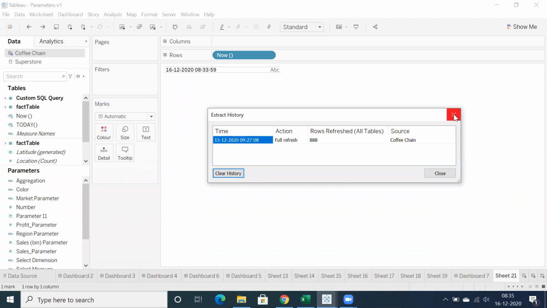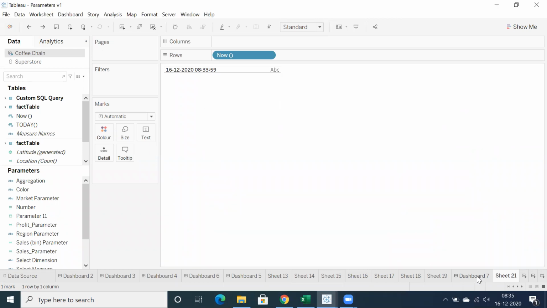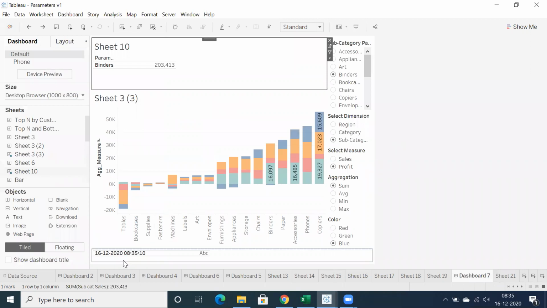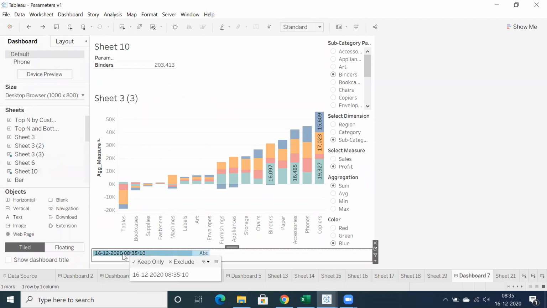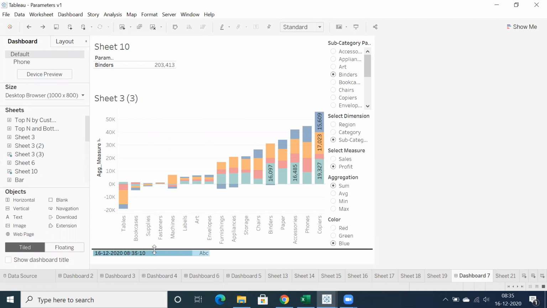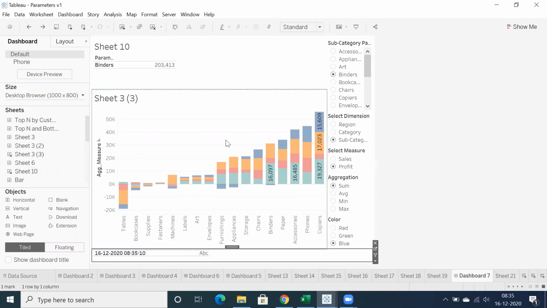So I just want to showcase that in the dashboard. That is what I explained in yesterday's class. Like this is today's time, but generally I want to capture last updated time. So we have to showcase last updated time in the dashboard so that users can know that, okay, this is the last updated time for the Tableau data extracts. That is the reason we are going to capture last updated date and time.